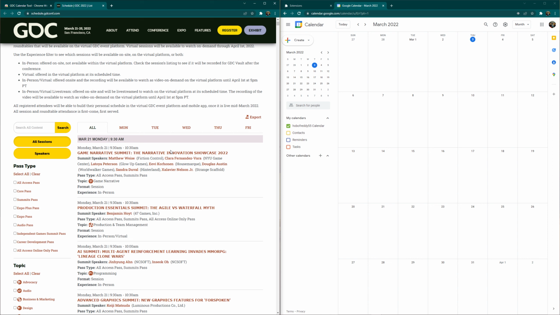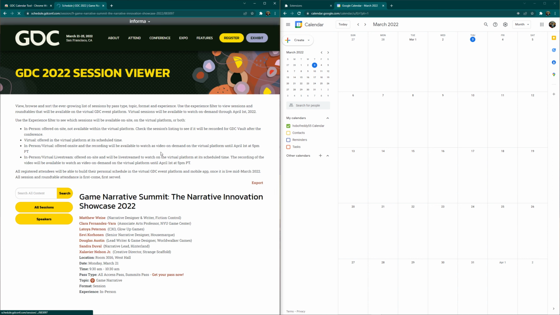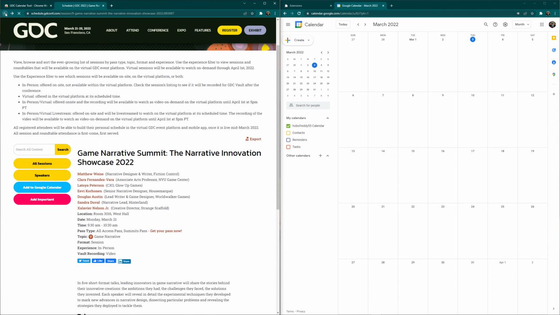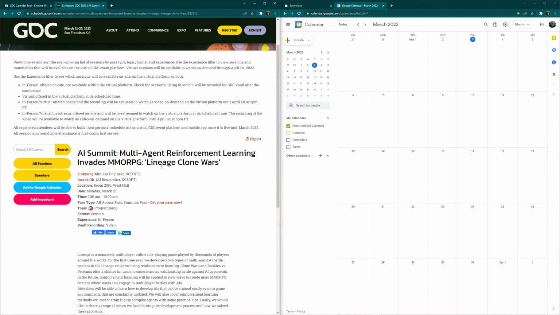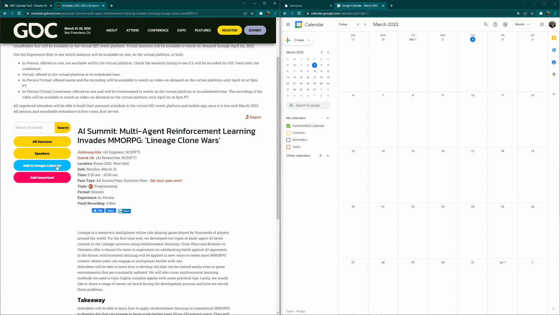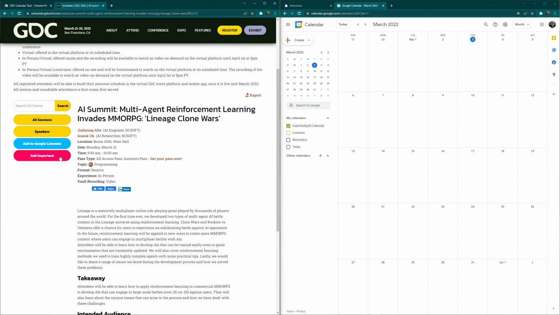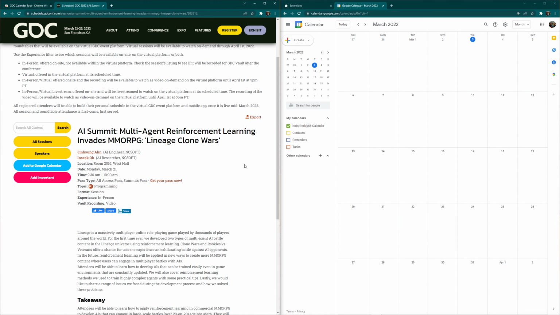Once you're on the GDC website, you can go to any session just by clicking the session name on the session search page. So any of these. And what the extension does is it adds these two buttons here, this blue and kind of reddish pink one. And clicking on these will use the Google Calendar API to automatically add an event to your Google Calendar for